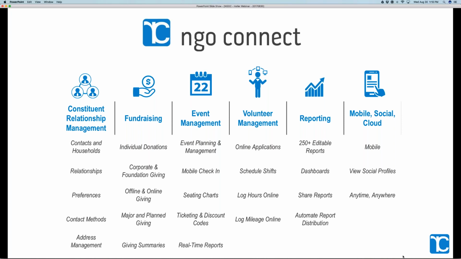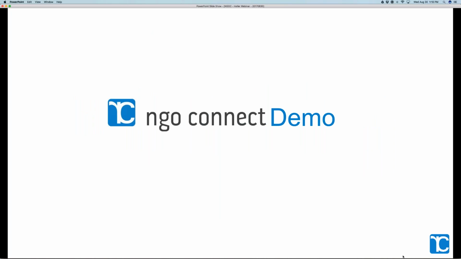We'll take a brief look at individual donations as well as corporate and foundation through online and offline giving, and see how that data is aggregated and summarized in the application for use in segmentation and marketing. And we'll get a brief look at how NGO Connect manages the base functionality of event management and volunteer management. And then if we have time, we'll cover a bit of the utilities that come along with our application, including a very large number of standard reports, each of which are customizable, and the dashboards that provide some visualization on top of that. So enough slides, as we love to say at roundCorner, and we're going to jump right into